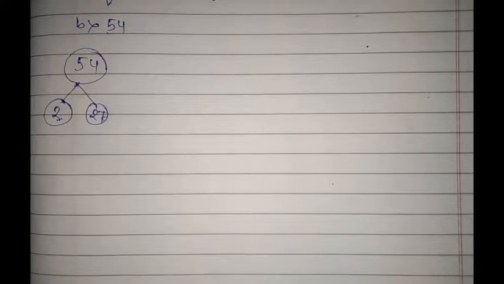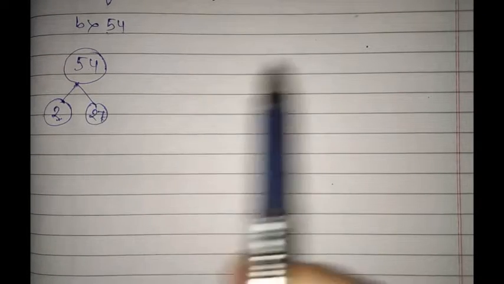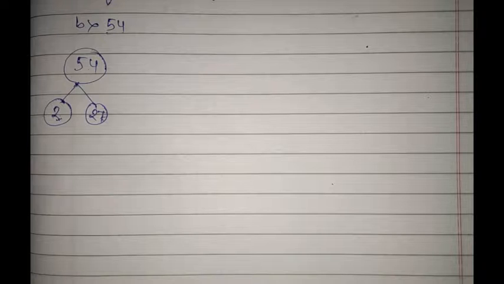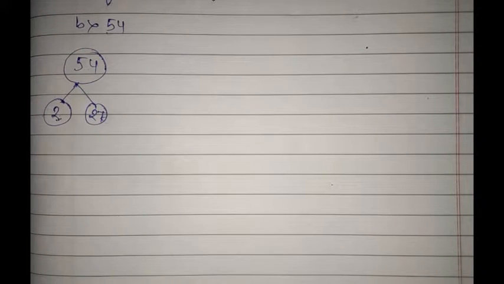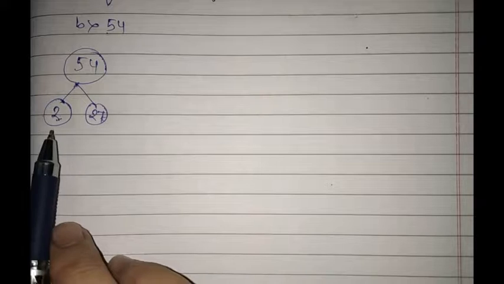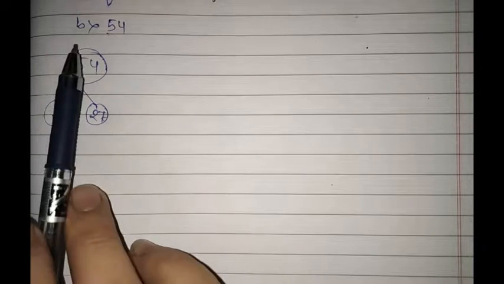Here we are not going to write 1 into 54, which we did in the previous class, in the 6B self practice, I guess, or 6A. 1 into 54 was also a factor, but we are not going to use 1 because we are doing the prime factorization method. The smallest prime number is 2, not 1, because 1 has only one factor, that is 1. So we will not write 1 into 54. We have started with 2, that is 2 into 27 is 54.